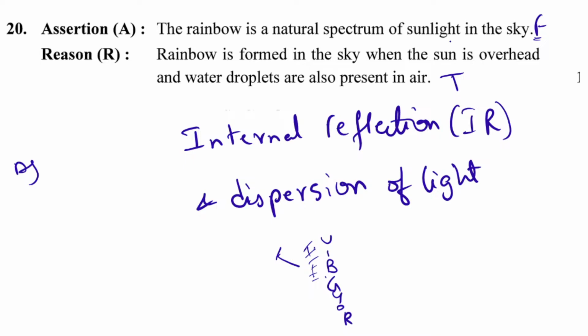So the last option is R is true but A is false. So they have covered all the options A to D here. Okay, so in this way all the 20 MCQs as well as the reason questions have been covered. That is, section A questions have been done for the set number 31/1/1 paper.